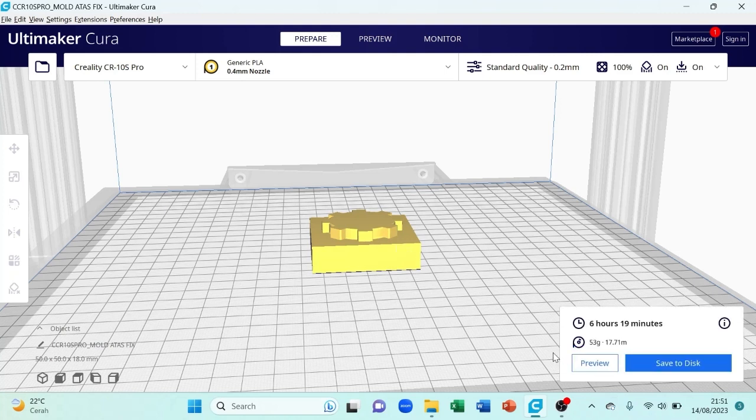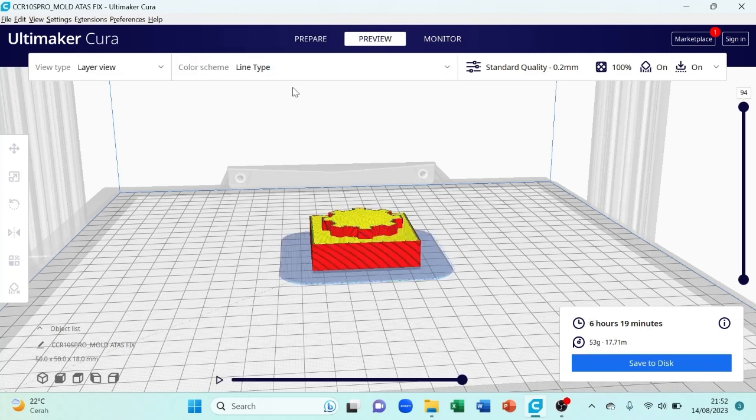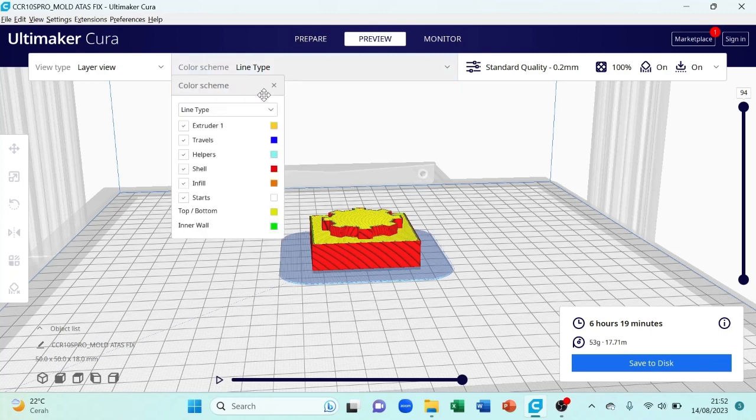Now we can see the estimated time that we need to print the product. Next, we can see the entire setup from the preview, where there is a menu like view type and color scheme to see the color representation. First is helper.